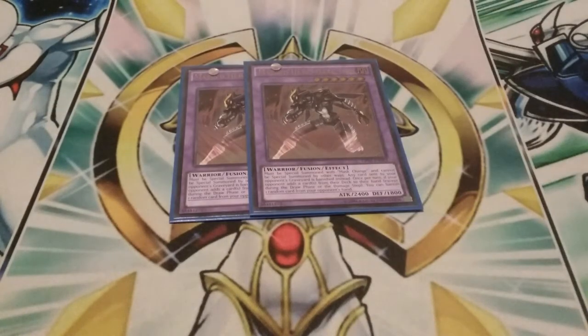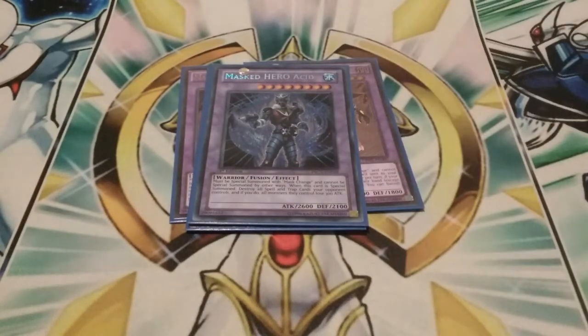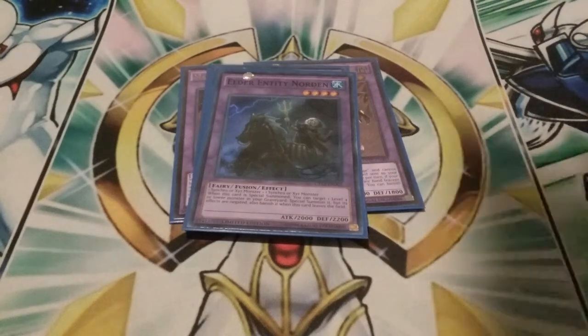It's double Darklaw, Anki, Acid. Acid may not be needed all too much anymore, so he is able to be cut. I've cut him in the past, and it hasn't really been an issue. So just know, if you need something to cut, Acid is something you can cut. The one Norden, Castel,